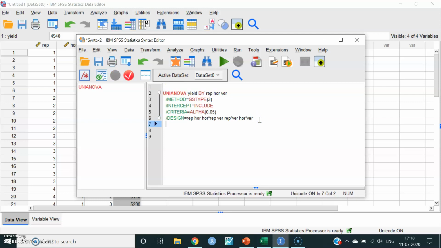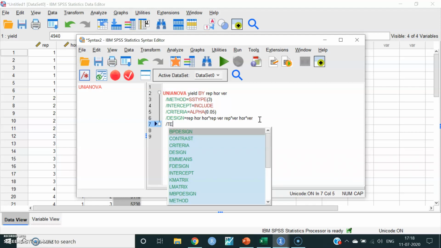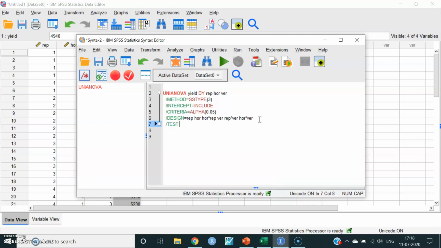Then press enter, give slash, write TEST space horizontal HOR space versus space horizontal HOR into replication REP. Just give enter. Again write slash